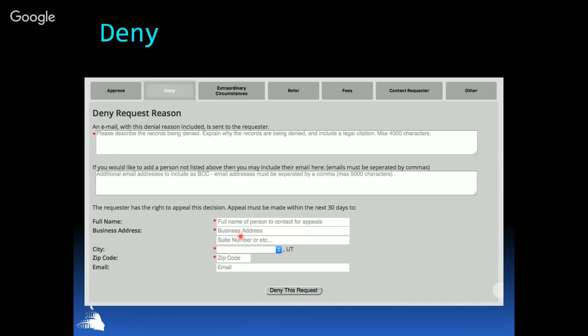This test agency didn't have a CAO, so it didn't fill in automatically. But if we have a CAO in the system, that'll fill in. You can write the denial here, and that note will be added to the appeals information. And then if you want someone else to receive a notification of the denial, like if you need to send it to your supervisor or someone else, you can add emails in here, and that will be sent as a BCC to that person.